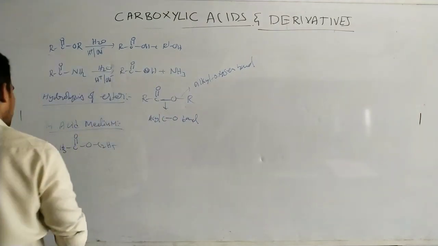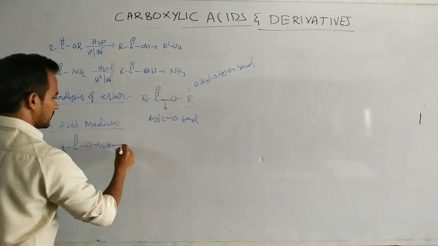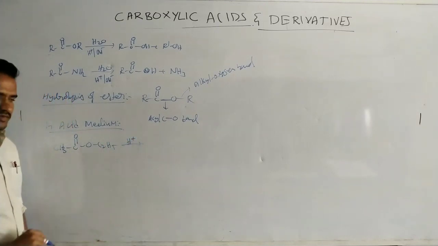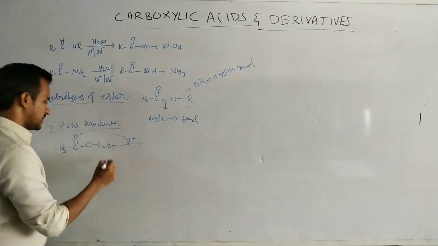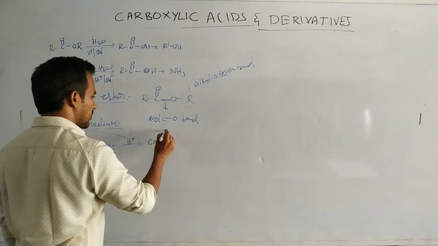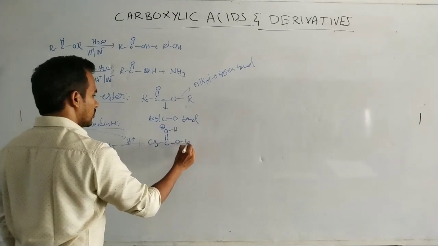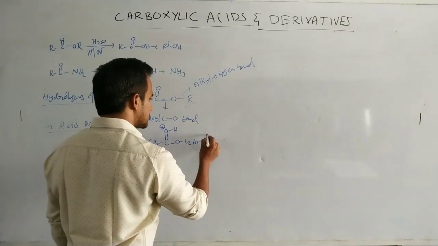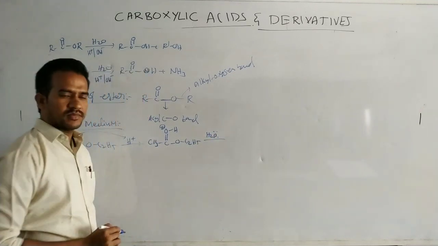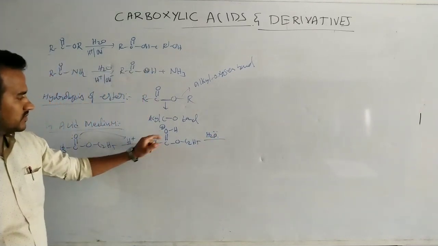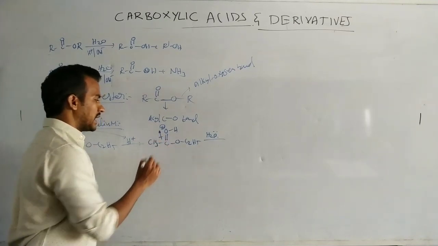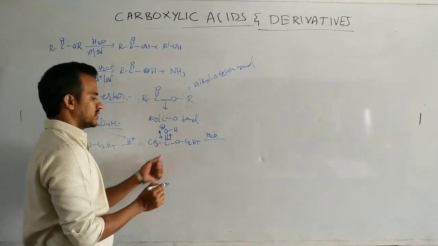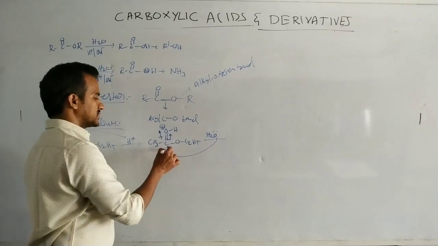Okay, see this one. Here H plus, first, acid medium. Protonation of this oxygen takes place. So here CH3C double bond OH plus, OC2H5. Now the next step is the nucleophile, that is water. Because of this positively charged oxygen, which acts as a strong electron-withdrawing group, the magnitude of the positive charge increases more. Then the pi electrons are readily transferred. This positive charge increases, so the nucleophile attacks on this one.